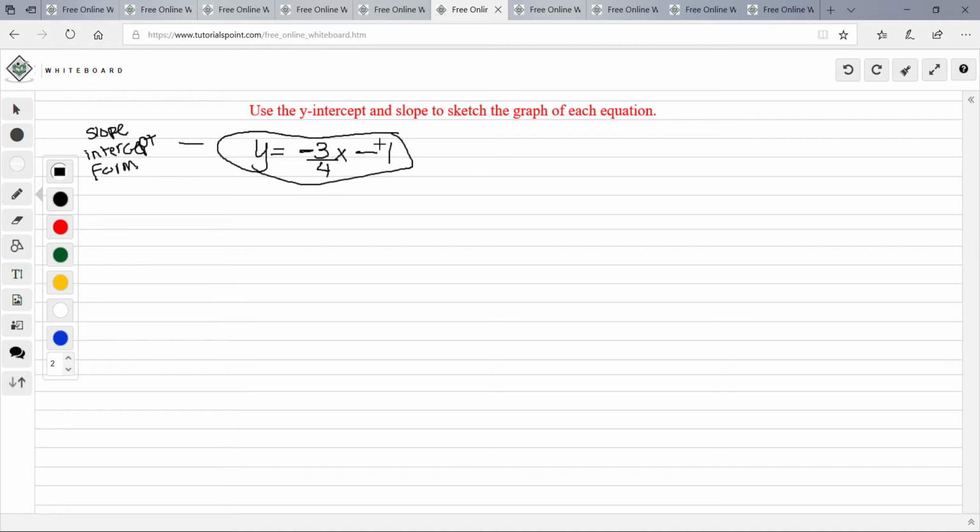So what is our slope and what is our y-intercept? Our m is negative 3/4, and our b is negative 1, that's our y-intercept. Or you could put it in coordinate form, it would be 0, negative 1. So how to graph, the first way to graph it